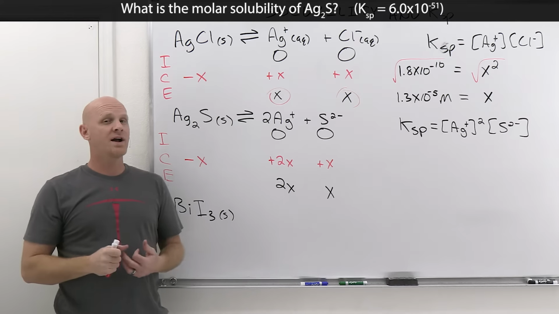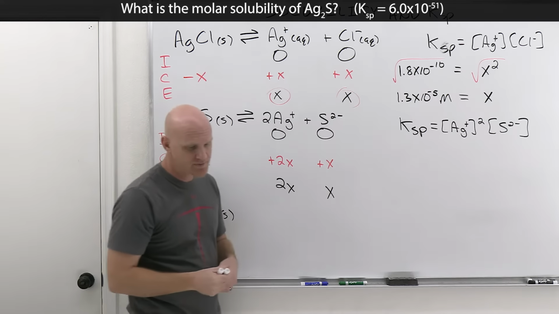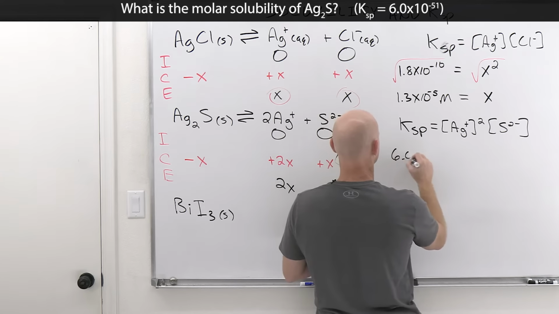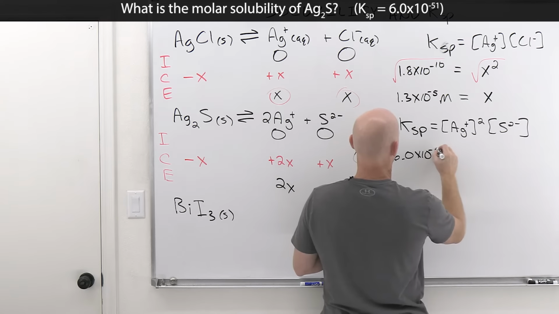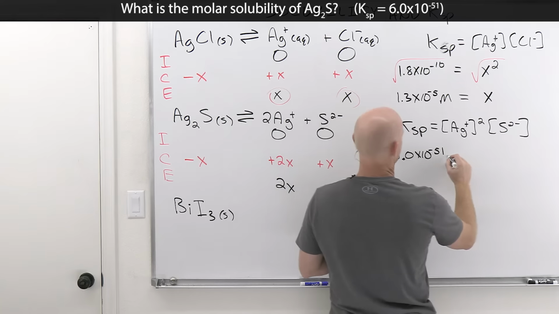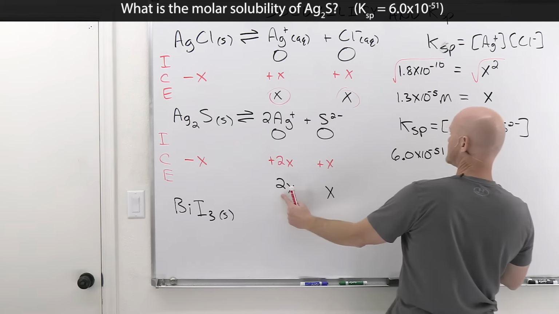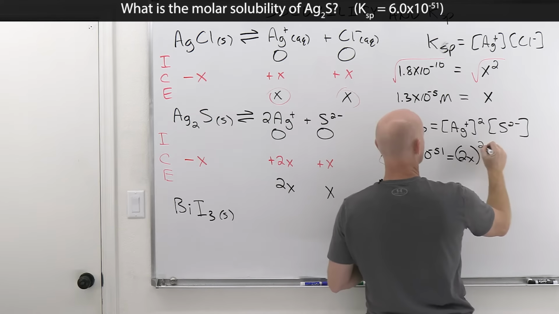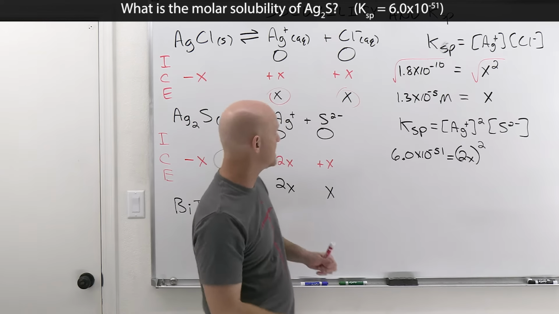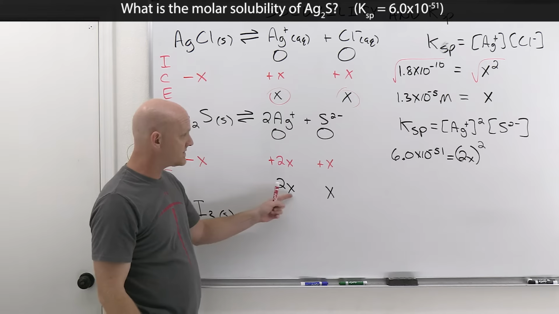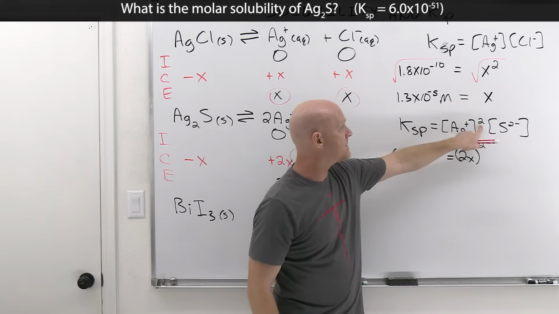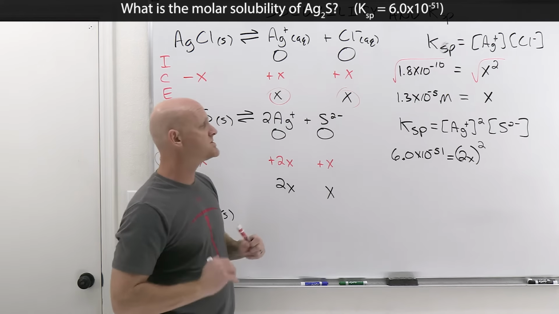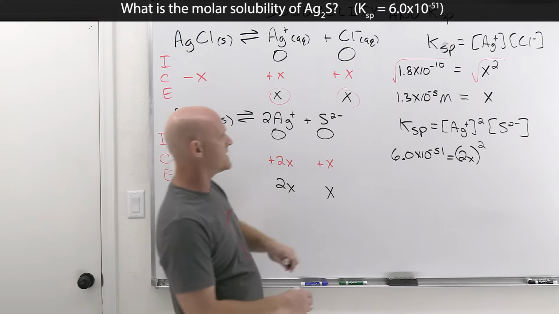And now when we go to solve for x and we substitute things in, the Ksp is given as 6.0 times 10 to the negative 51, and that is equal to the silver ion concentration at equilibrium, but I have to square it as well. So notice that 2 is showing up in 2 places. It's showing up in front of the x here as 2x, but it's also showing up as the exponent because coefficients show up as exponents. So it is indeed showing up in 2 places here. And then times the sulfide ion concentration,